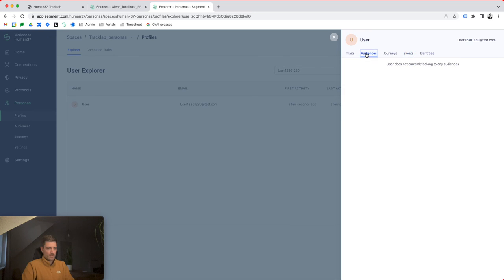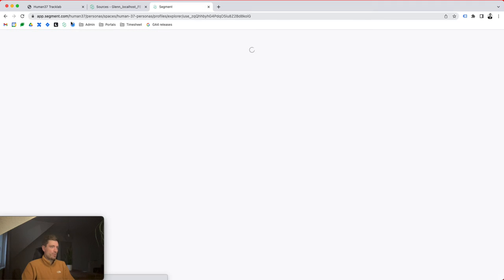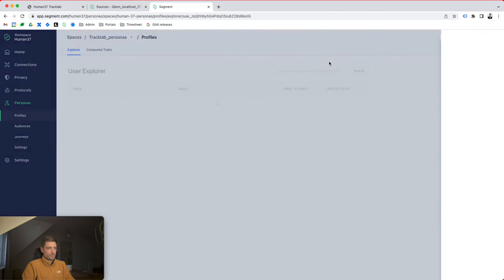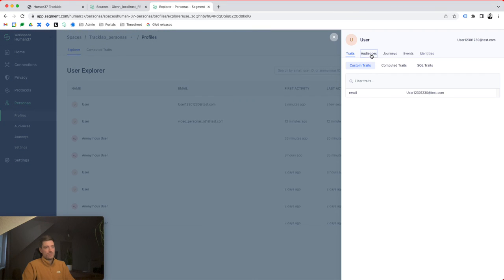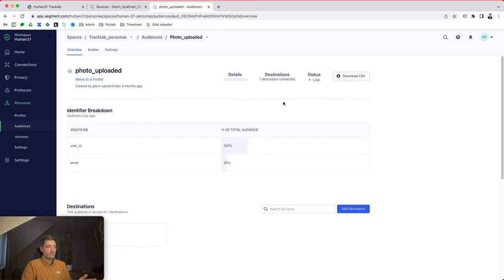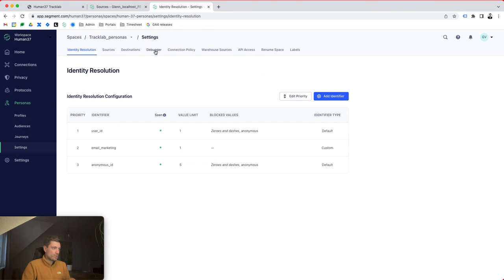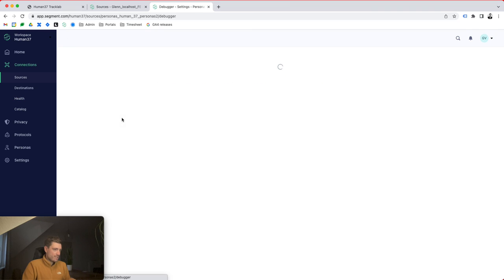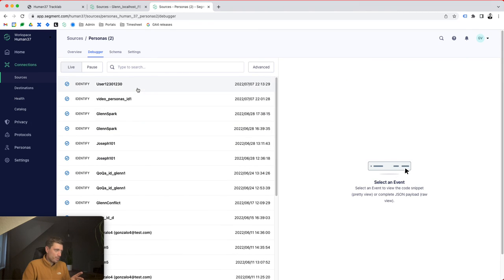If we then wait a couple of seconds and refresh a couple of times, and this might take a while because it's a UI thing, you actually see that this user got added to the audience photo uploaded almost in real time. There's even more. If we go to the debugger, we actually can see for Personas debugger, by the way, that user